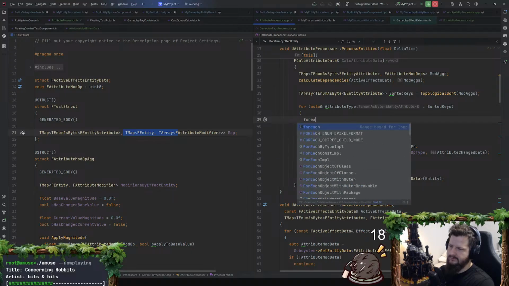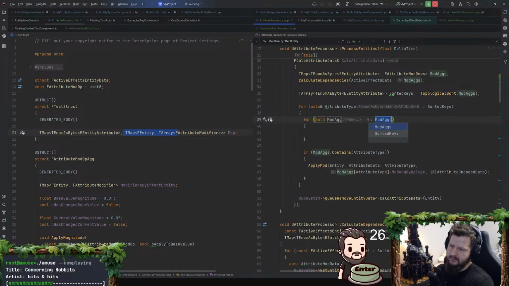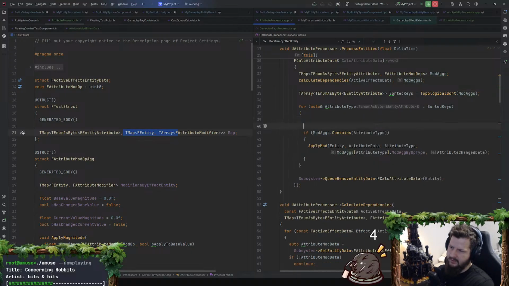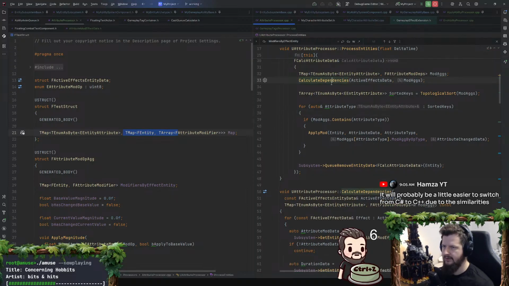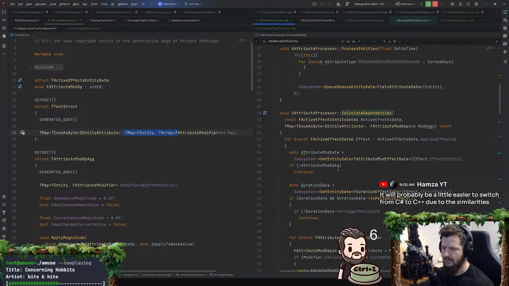If we would do a for each, we would need to iterate. I guess we could build out the inner map here as a part of this calculate dependencies. Yeah, we're already iterating over effects there.